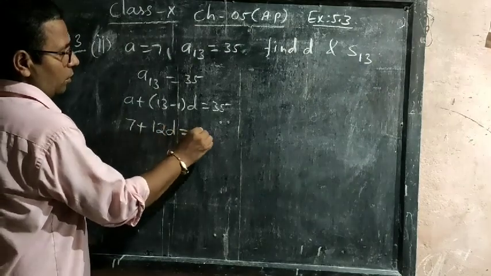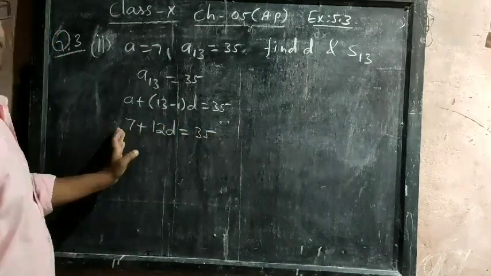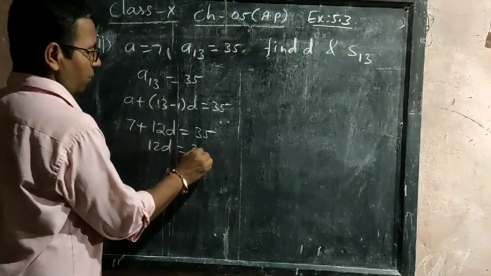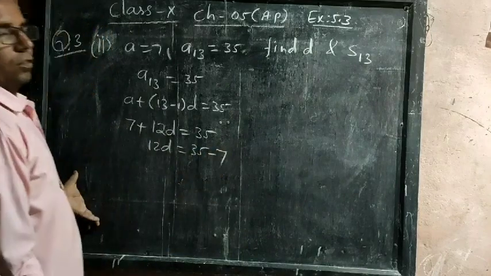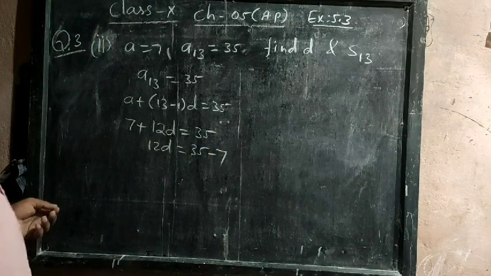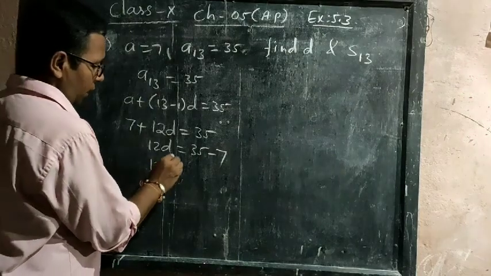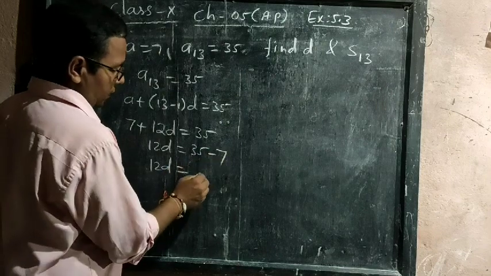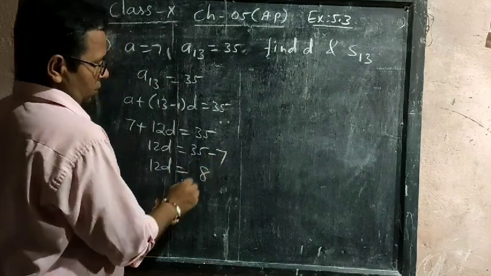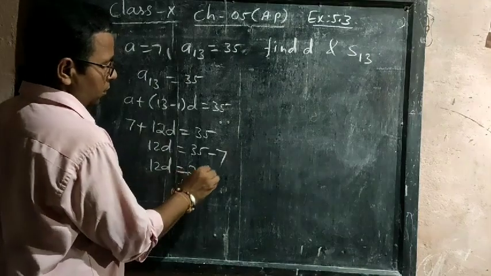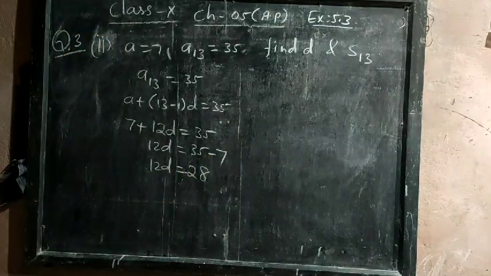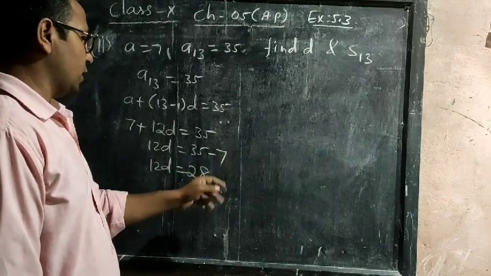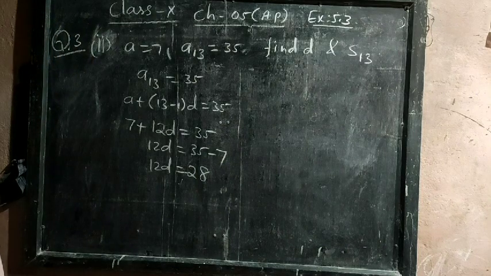d is equal to 35. So now students, plus 7 we bring to that side, it will become a negative sign. So 12d is equal to 35 minus 7. So 35 minus 7, how much will you get here? 12d is equal to 28. We will get 28 here. So let's see, 5 will go 30, and 30 minus 3, 30 minus